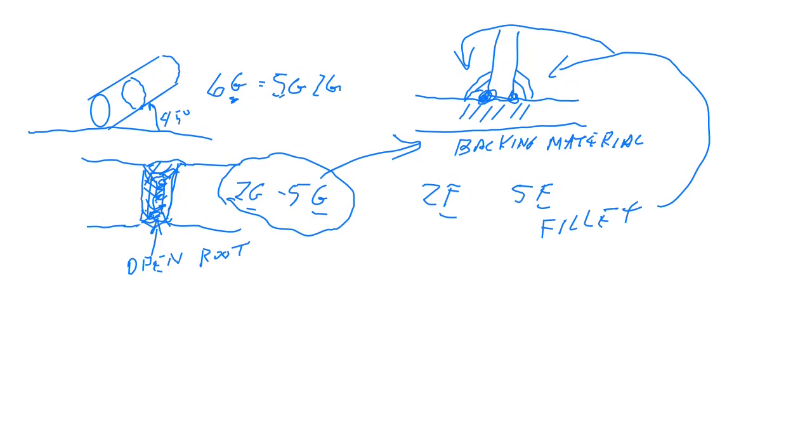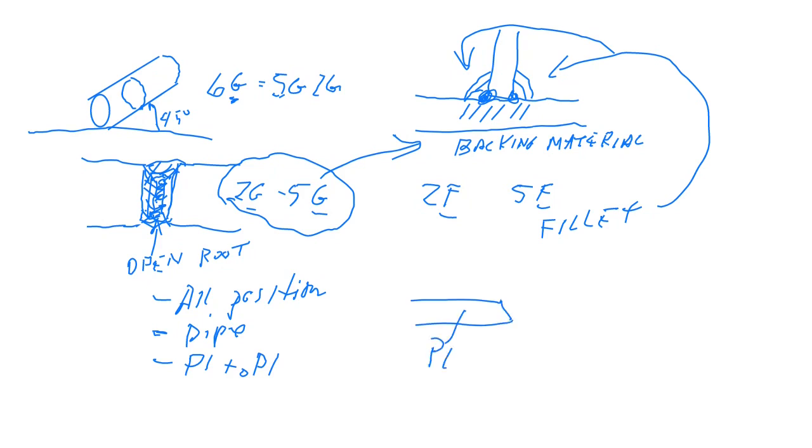Now, so what did we look at so far? We said we want an all-position weld, an all-position certificate. We want it done on pipe. I can't remember what was on that other slide. The most common materials are going to be P1 materials, which are low carbon steel. And so a P1 to P1 means that I'm going to take this plate here, which is a P1 material, and another plate, which is another P1 material. And because most of the materials that we weld are P1 materials, we don't need any kind of extra special procedure. Ultimately, we end up with a